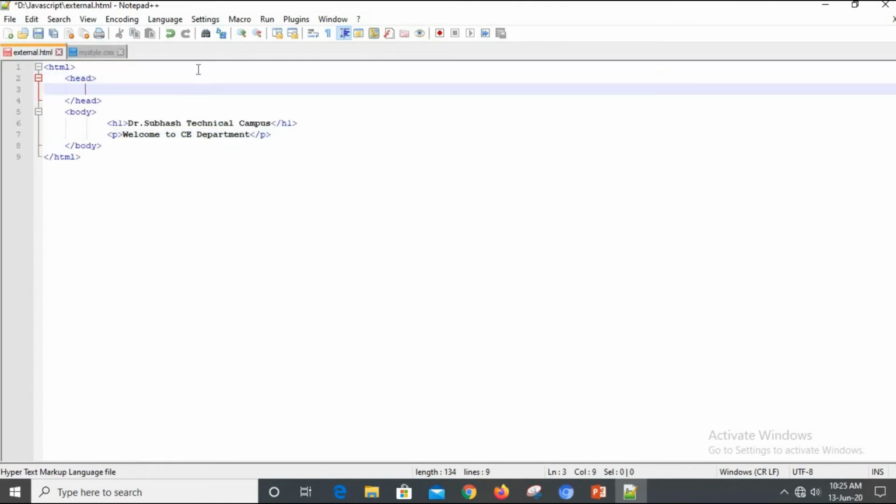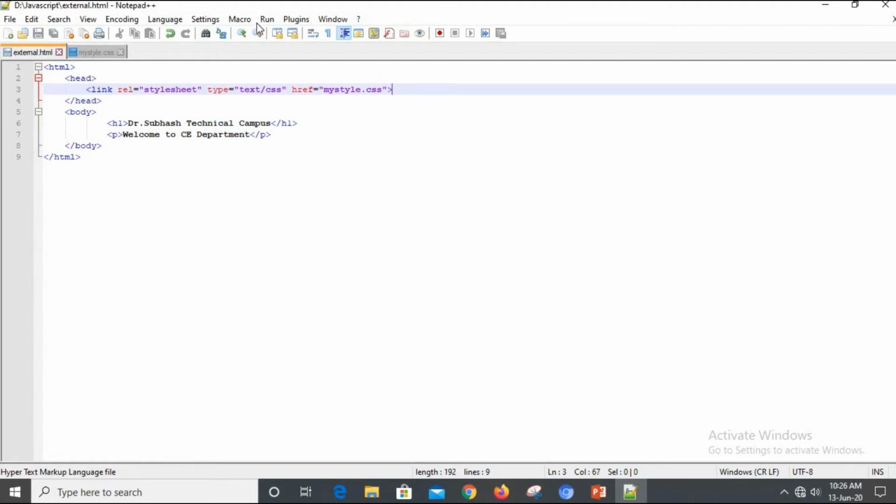So inside the head section we are going to write link rel is equal to stylesheet, type is equal to text/css, and href is equal to mystyle.css, and we are going to close the link tag.